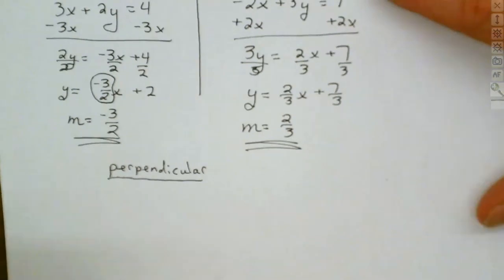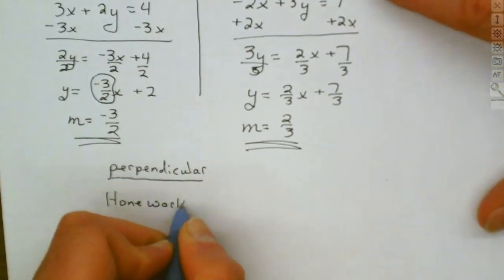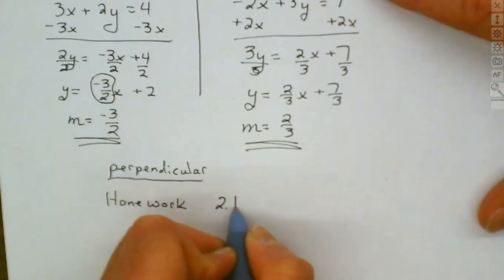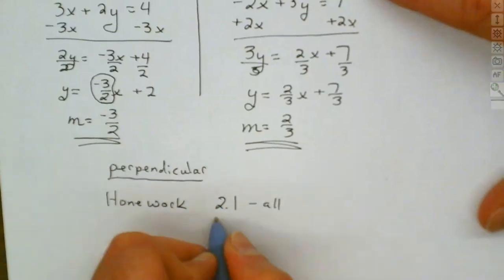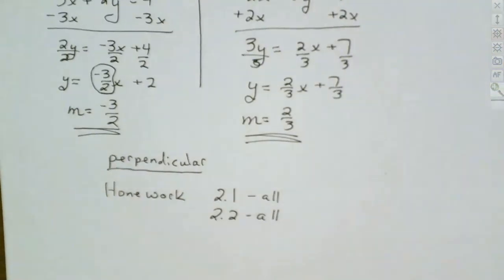And now let's quickly talk about our homework. And your homework, you should be able to do 2.1, do them all, and 2.2. You should be able to do them all. Now, if you haven't